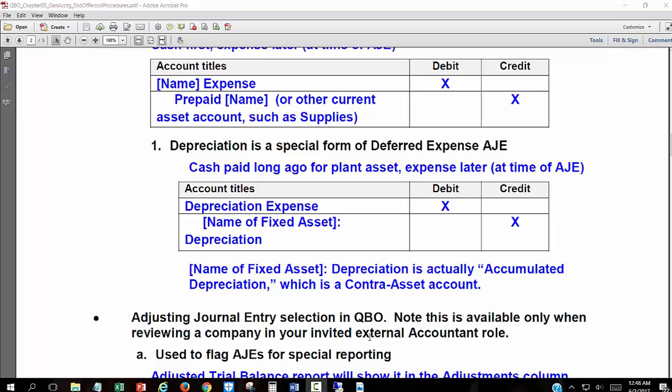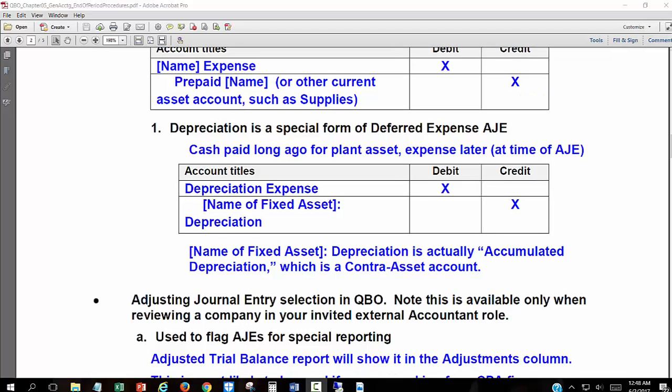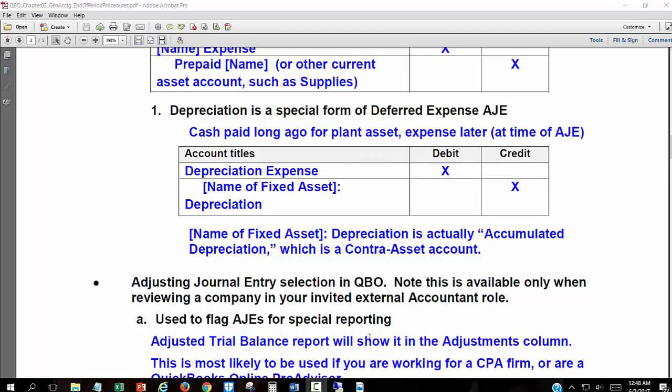Now, if you are the invited external accountant for someone else's books, you can make what are known as adjusting journal entries in QuickBooks, and those are available for you in the external accountant role. They get flagged as adjusting journal entries. So if you were to ask for an adjusted trial balance report, that would pop up in the adjustments column